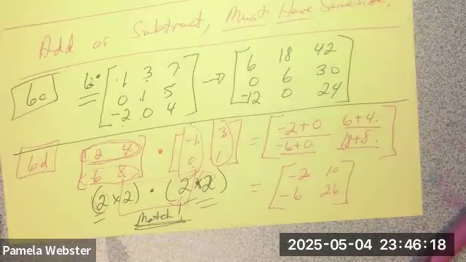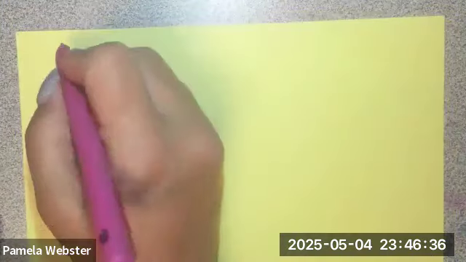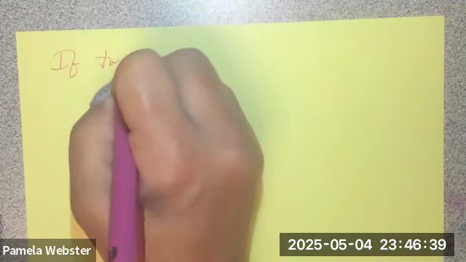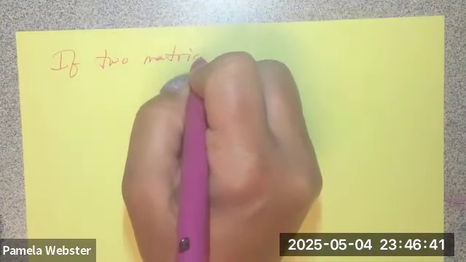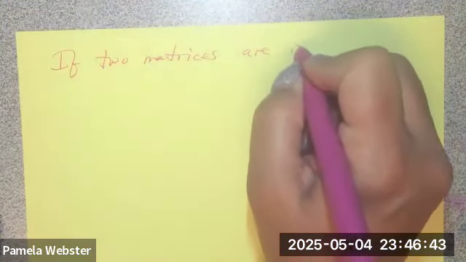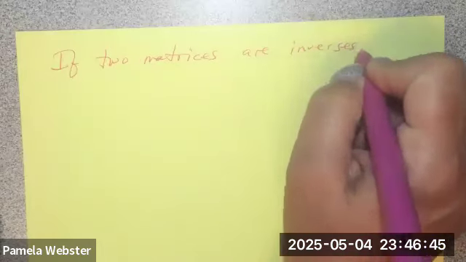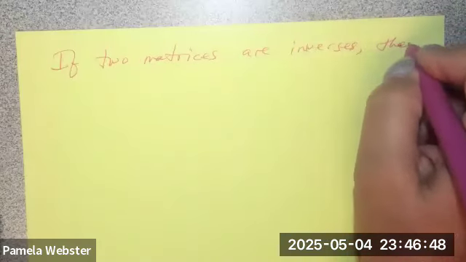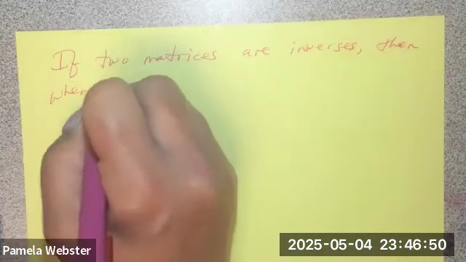All right, and let me do one last thing. There's some other stuff on this, but again, we just took this test, so I feel like you should mostly be okay with the matrix stuff. But let's talk inverses. Okay. If two matrices are inverses, then when you multiply them,